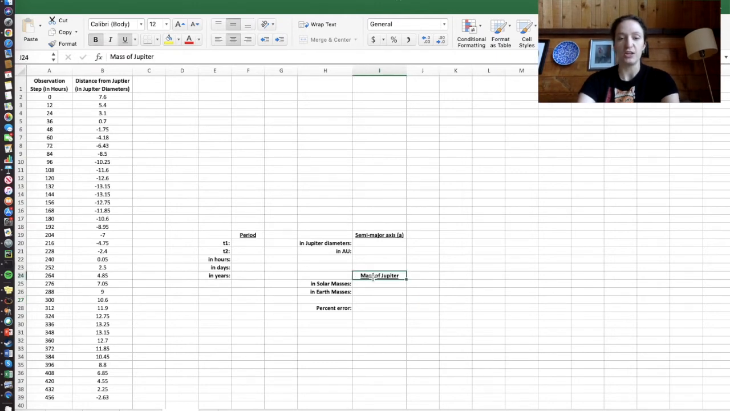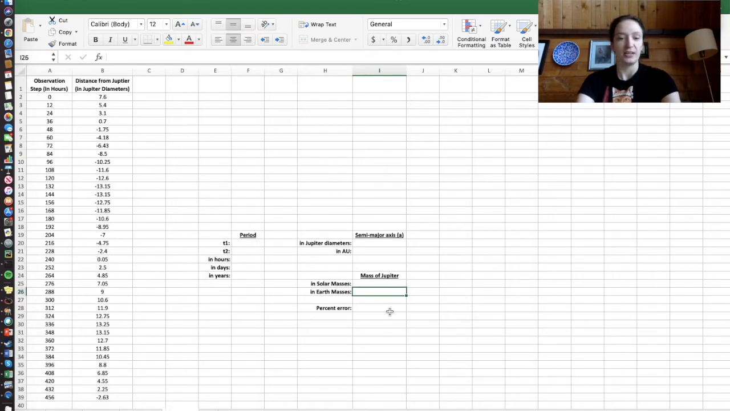So you can see you've got your mass of Jupiter column. You're going to start filling it in solar masses. That's basically, you know, how big is it compared to the sun? Or how heavy is it compared to the sun? I can tell you it will never be 1, because if it's 1 solar mass, then that means it is equal to the mass of the sun, which it's